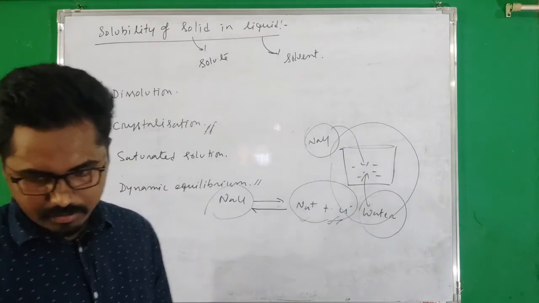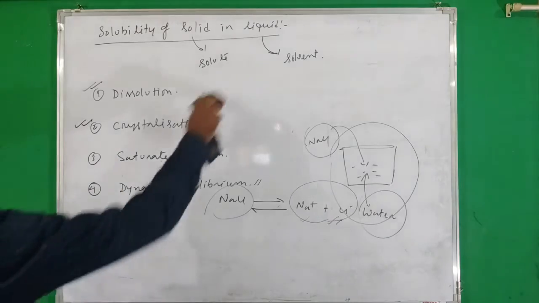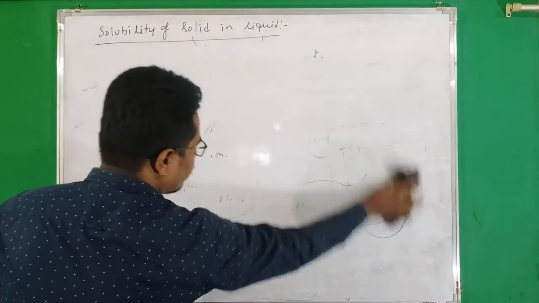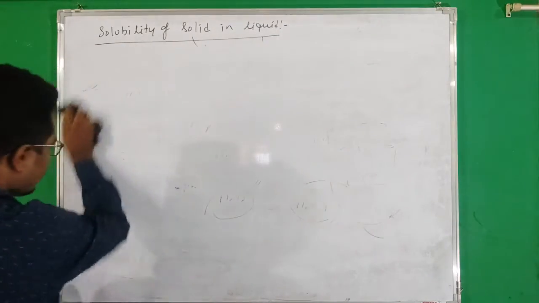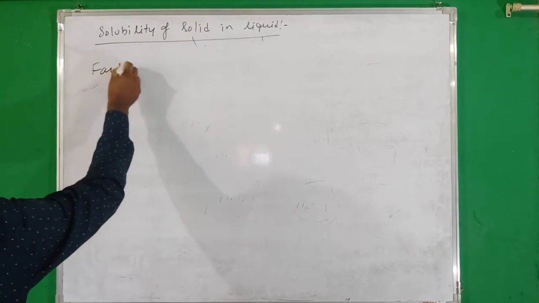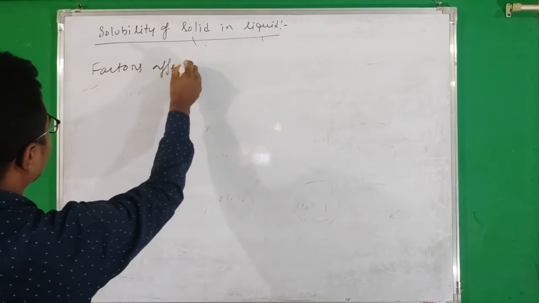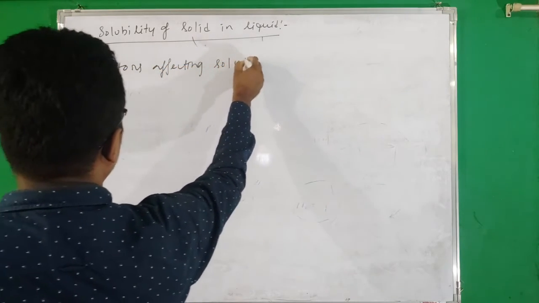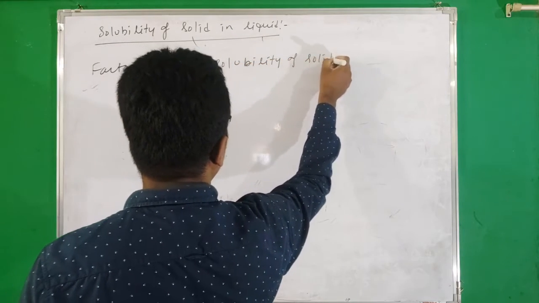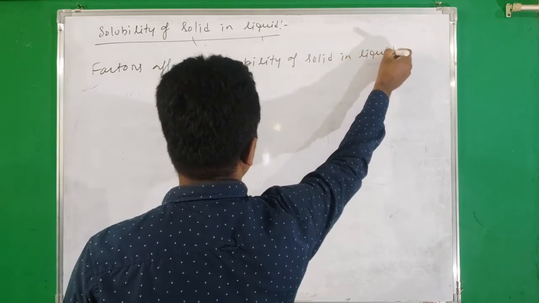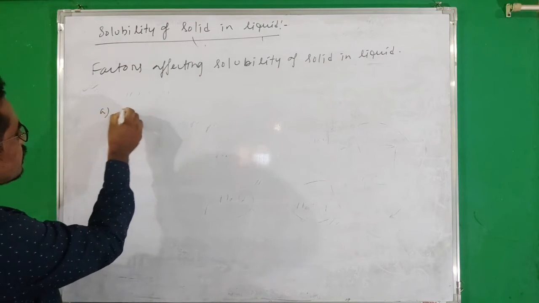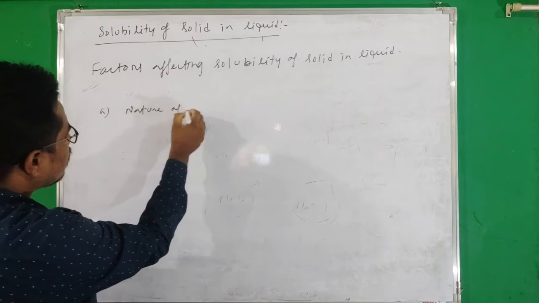Okay, so therefore our next heading is factors affecting solubility of solid in liquid. The first factor was nature of solute